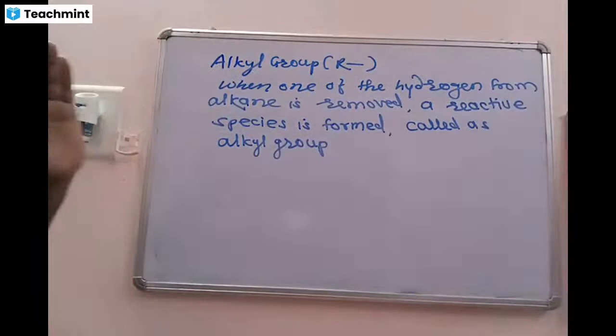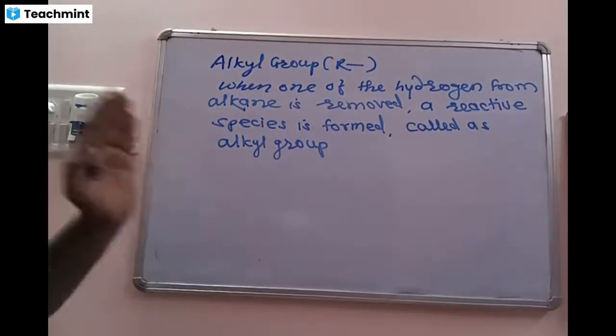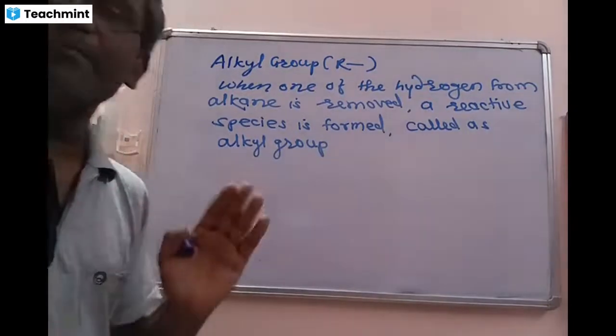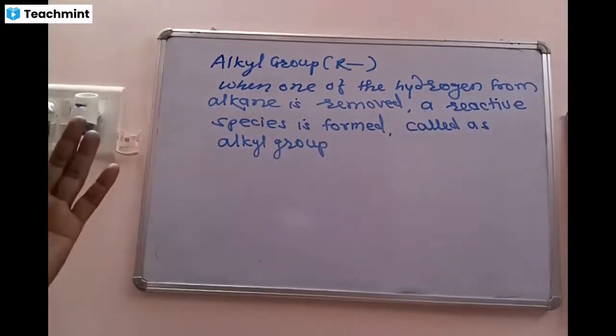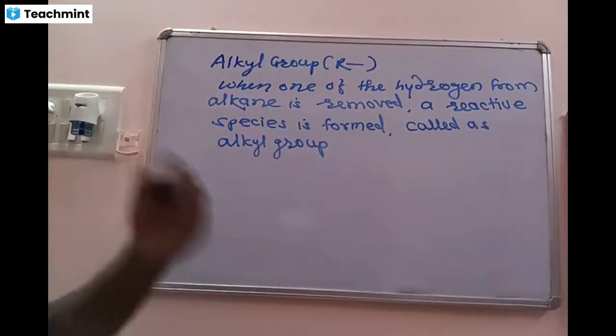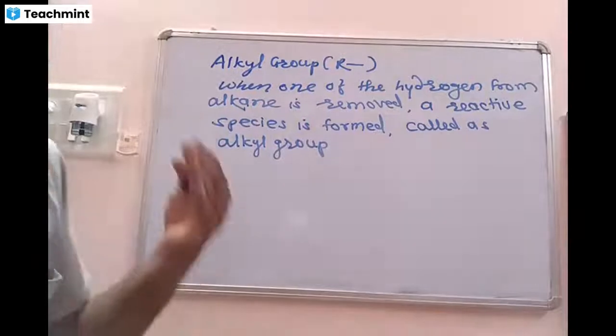So basically this is not a compound, neither it is a molecule. It is highly reactive species which is formed by removing one of the hydrogen from the alkane. That is an intermediate species. कभी ऐसा existence में नहीं होता. That is intermediate. बीच में form हो जाता है और उसके साथ दूसरे का combination होके एक आधा नया compound